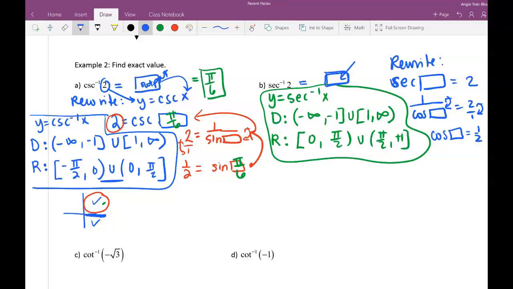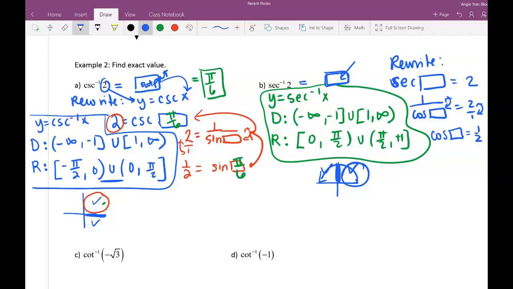Because it is a positive number, I hope that we can see, because secant inverse is going to be from quad 1 to quad 2, not including this piece right here, pi over 2. So it's 1 or 2, not including pi over 2. Because it's positive, all answers for this one have to come from quad 1. So